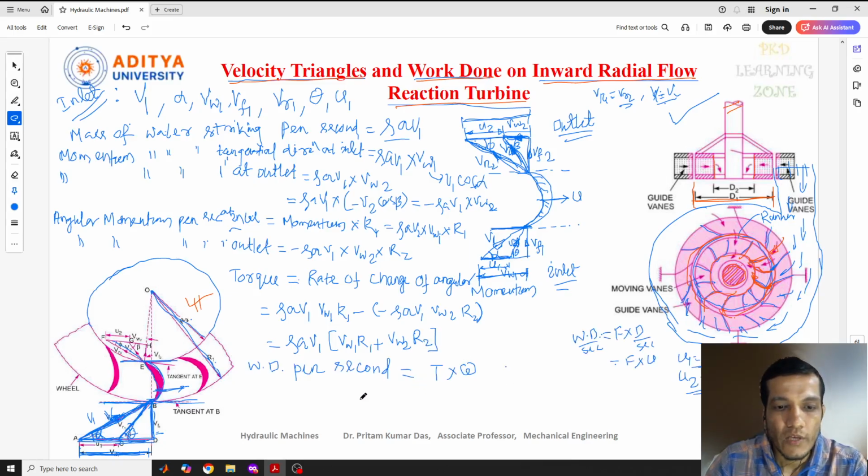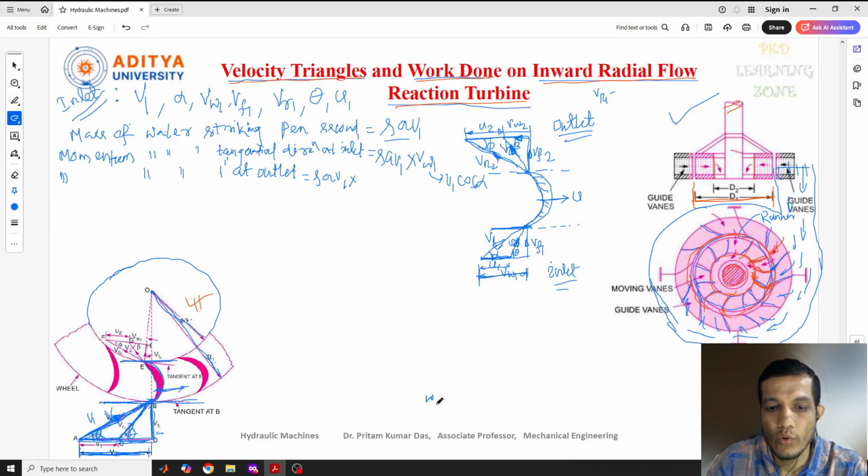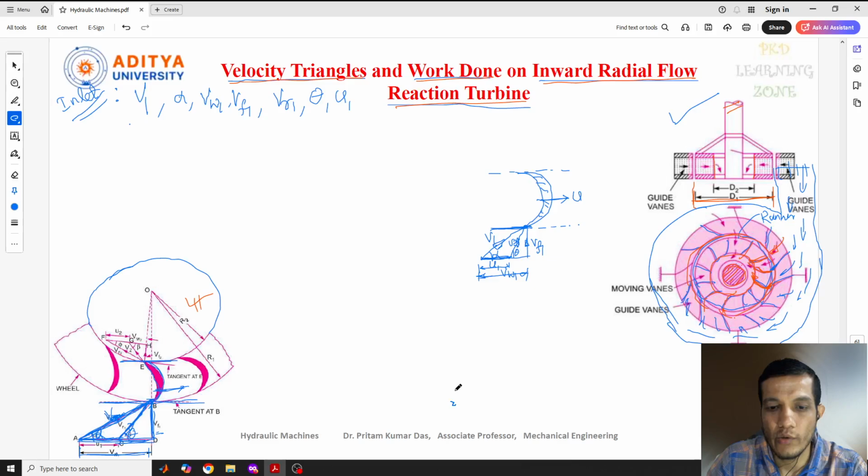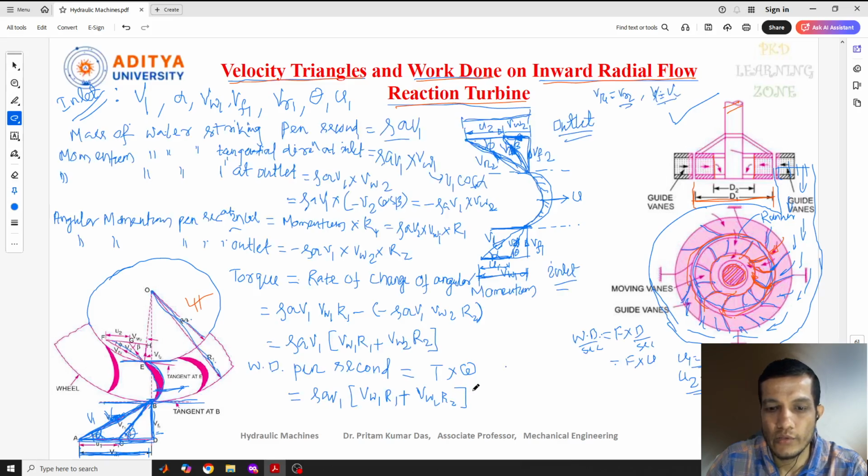So here we can put the value of this torque. What is the value? Rho a v1, bracket start, v w1 r1 plus v w2 r2, bracket close, into